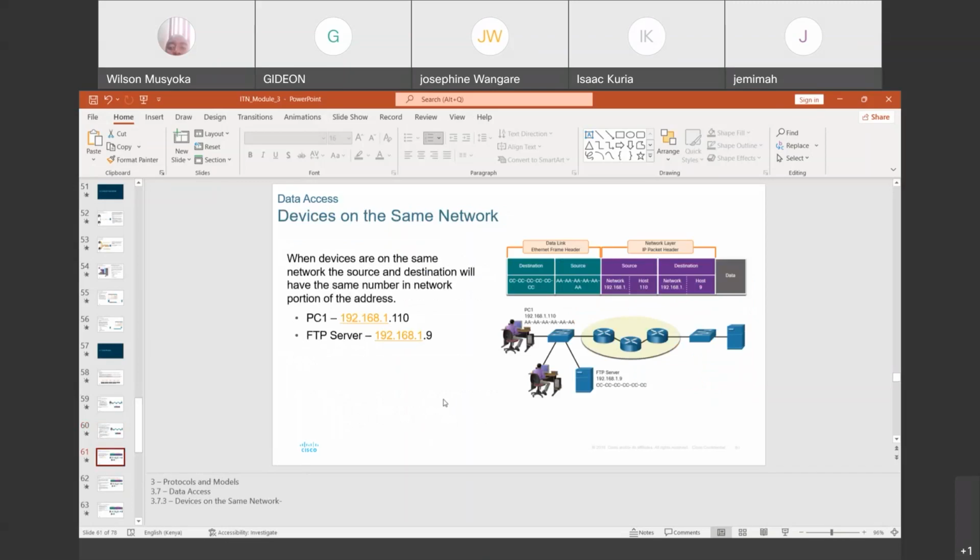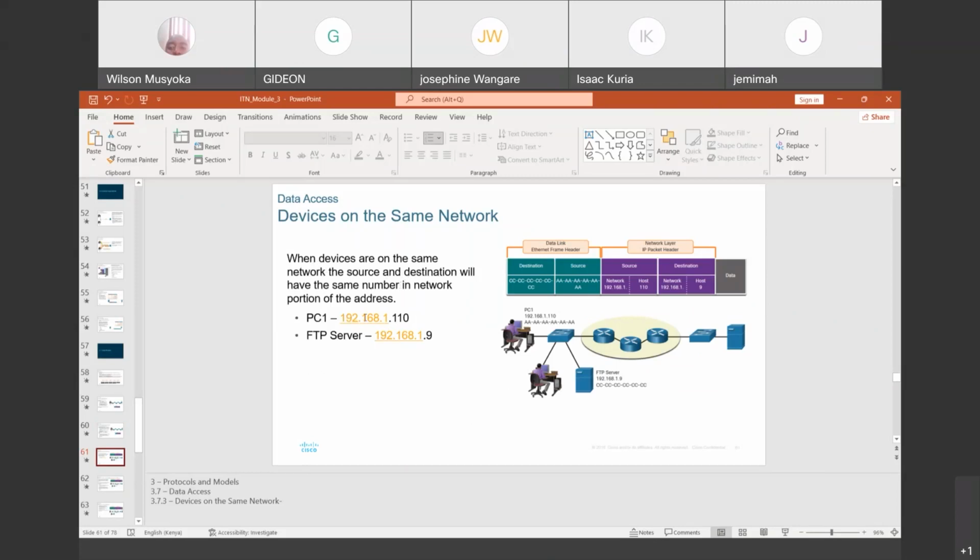So if we come to these specific addresses, then we can see that for PC1, this is the network part and this is the host part. The server, this is the network part, and this is the host part. So that can tell you that these are on the same network. Why? Because when they are on the same network, the source and the destination will have the same number in the network portion.